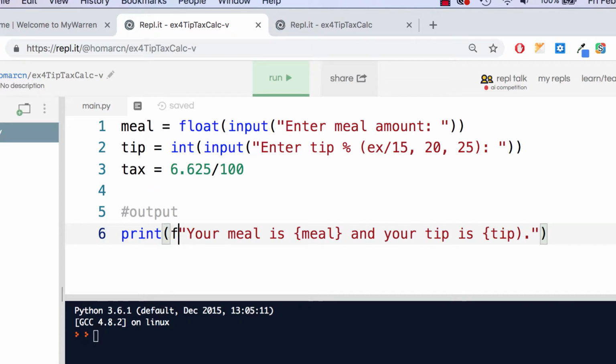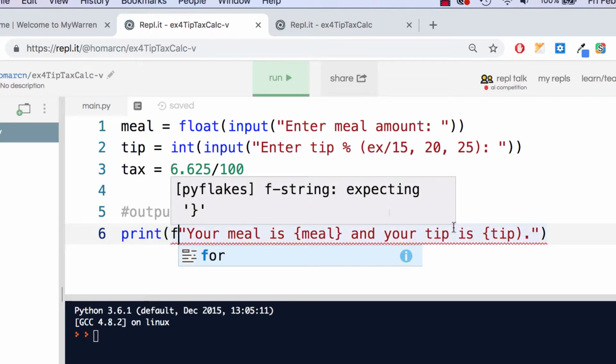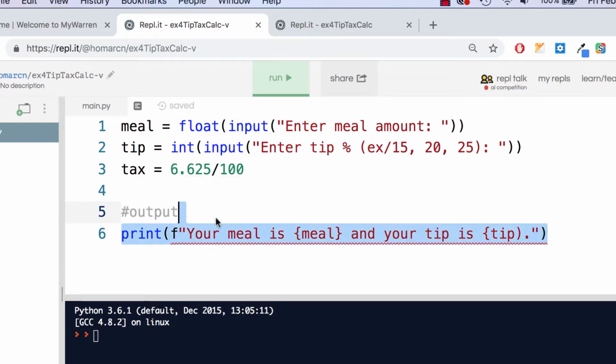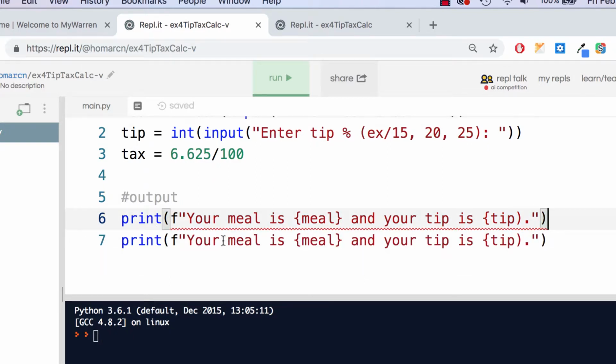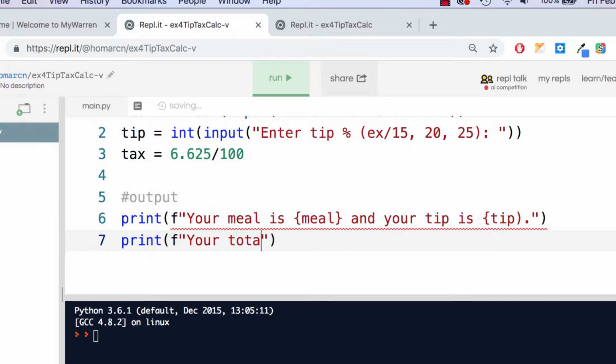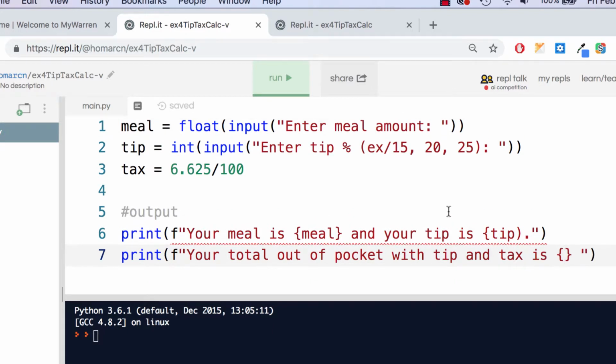And we'll put our F strings here, because if we're going to use this method, we need F strings. And then I'll just copy this and put this after it. And this one is going to say your total with tip and tax. So this is the total out of pocket. Your total out of pocket with tip and tax is, and we're not actually mentioning what the tax is. It doesn't matter, because it'll just be added on. And I guess we'll put a value called total, because we'll probably have to add it up. So we'll put total in there,